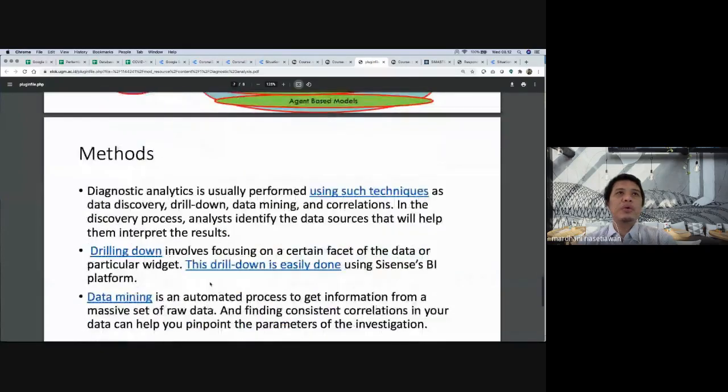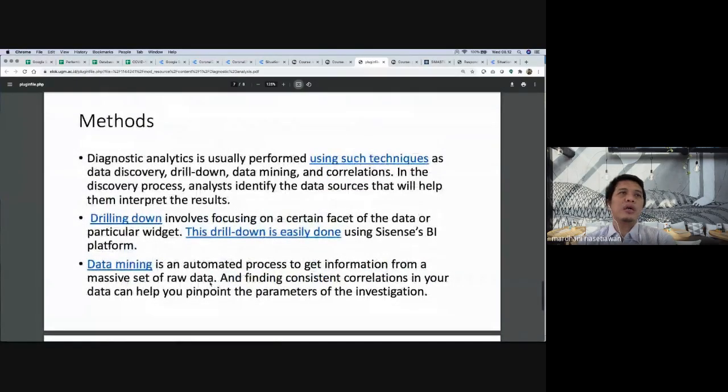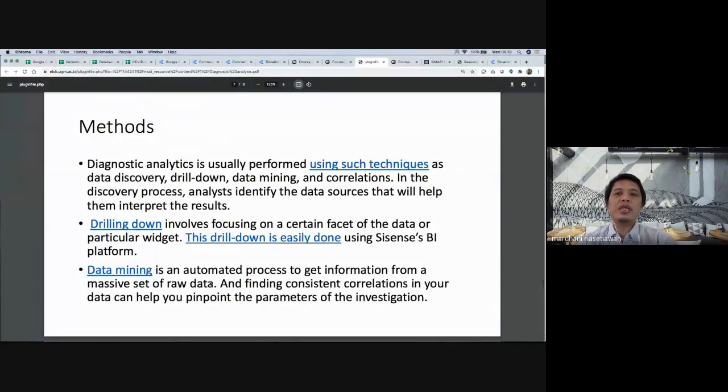When we focus more on diagnostic analytics, we usually perform it using some techniques like data discovery, drill down, data mining, and also correlation. In the discovery process, analysts identify the data sources that will help them interpret the results to come out with the insight.